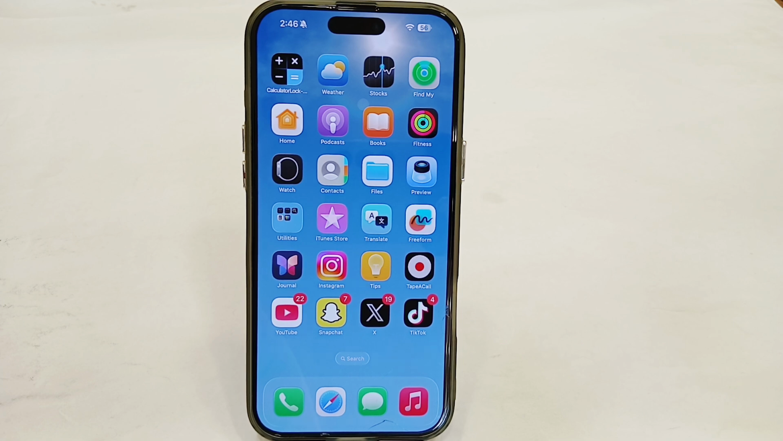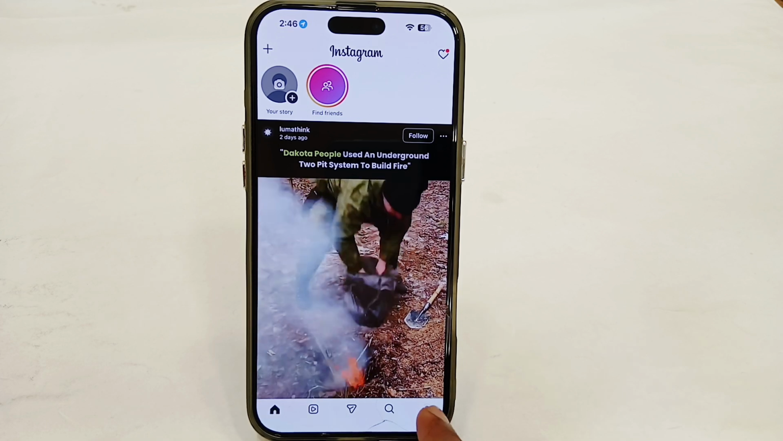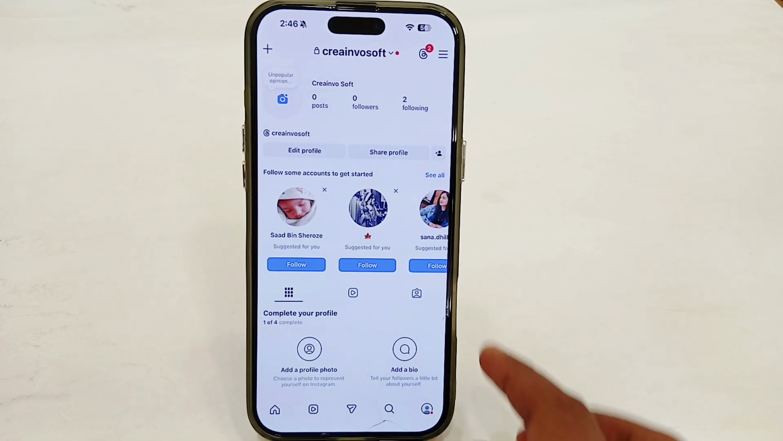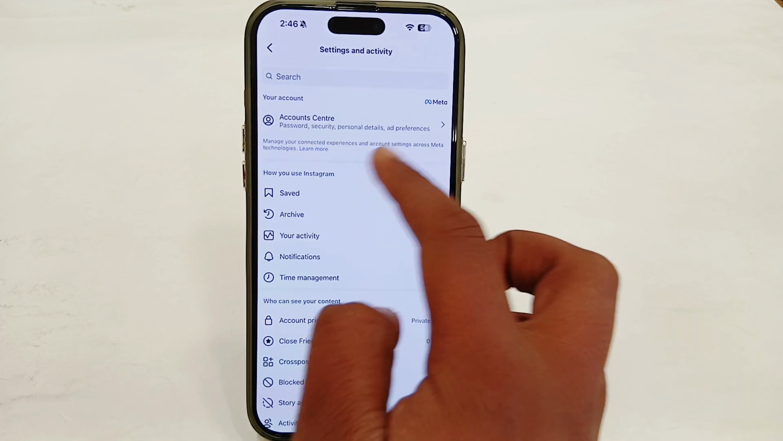can you do that. You just have to simply open your Instagram app and here just tap on the profile option at the bottom right. Then tap on three horizontal lines in the top right. And here just tap on account center